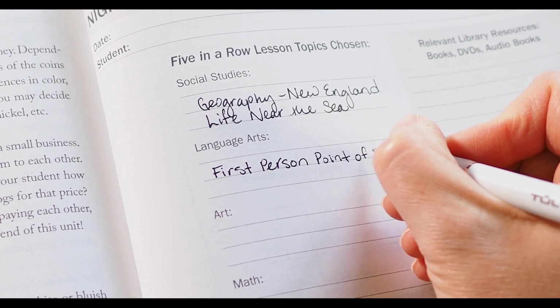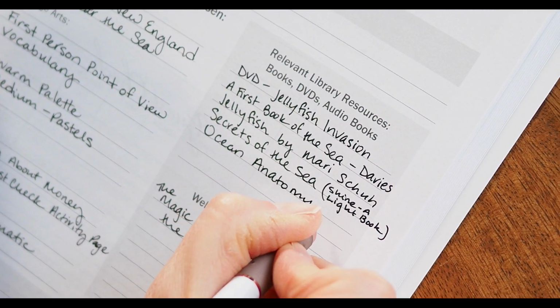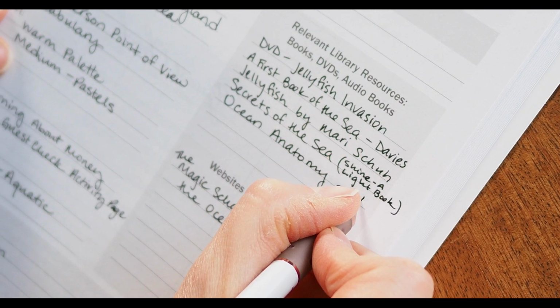Books from the library, any websites that I'm going to reference, or videos that we're going to watch, any field trip opportunities that might pair well with the lesson. Also, that's the time that I like to note if there's any supplies that I need to go with that week. So most of the things you'll already have on hand that are mentioned in the manual, but occasionally you'll